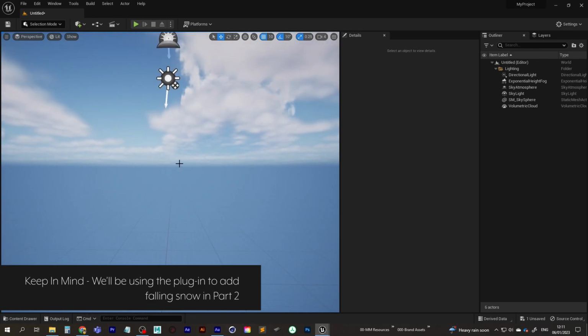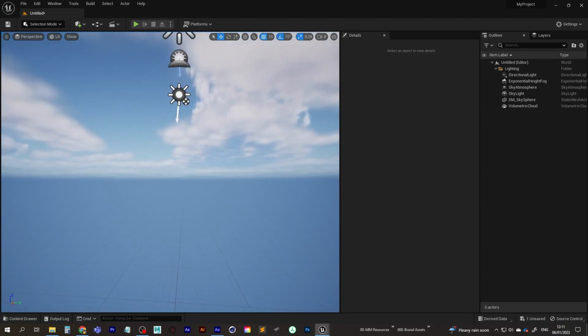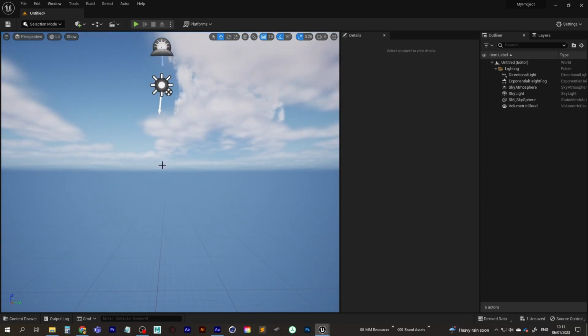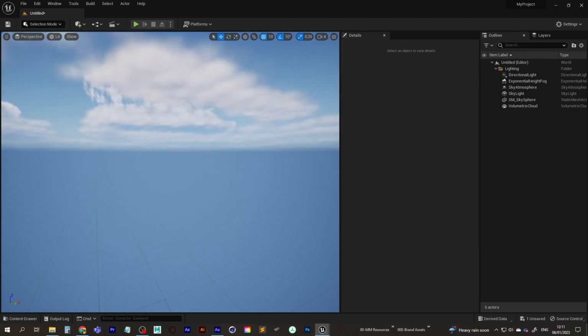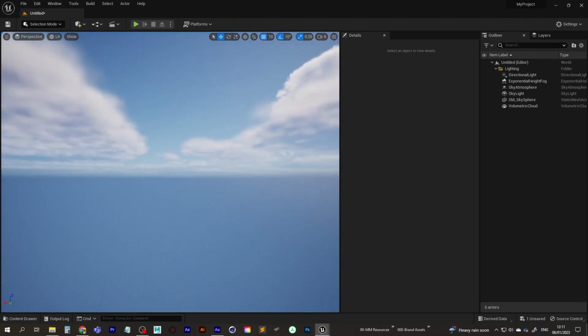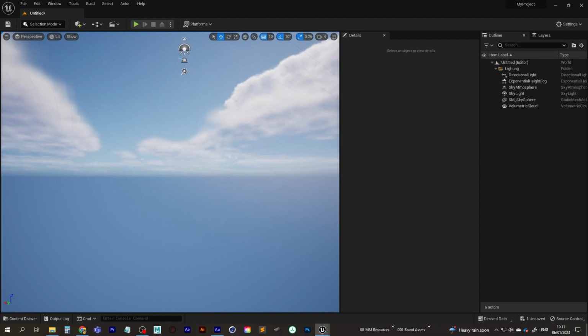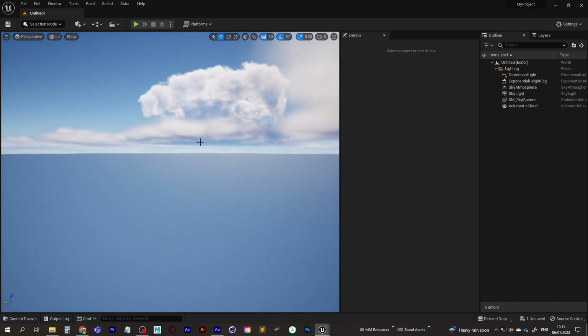And while I'm here, I'll just show you how to navigate the viewport. So to look around, I'm holding down the right click on my mouse, moving that around, and then I'm using WASD while holding down the right click to navigate around. I can move my mouse while I'm holding down the left click, and that's how I'm navigating the screen. I can use Q to go down and E to go up. If the camera speed is too fast, we can reduce that. So now we'll be moving a bit slower. Okay, let's continue on with the tutorial.